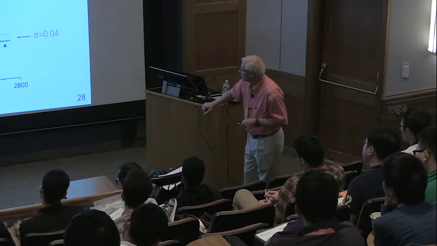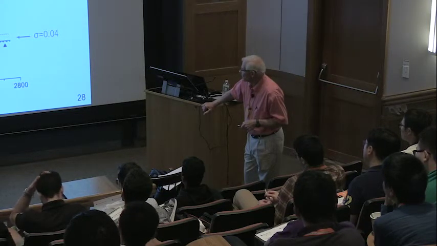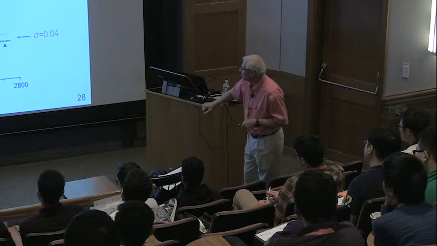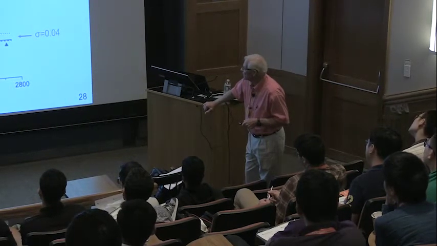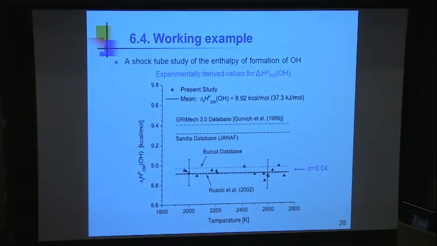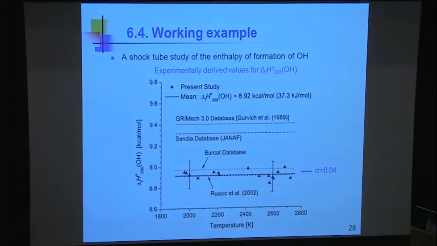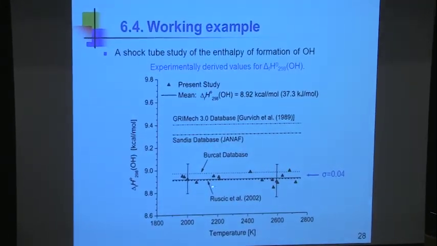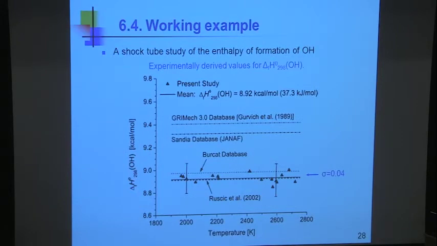The new value was from Branko Ruscic, 2002, I guess it was. Now he was examining all of the data in his database for all sorts of things. He figured out, he called it the Active Thermochemical Tables. But he agreed, so there was a case where the spectroscopy